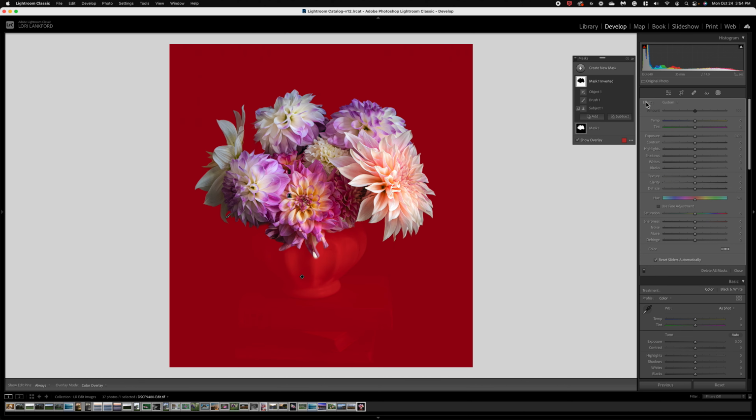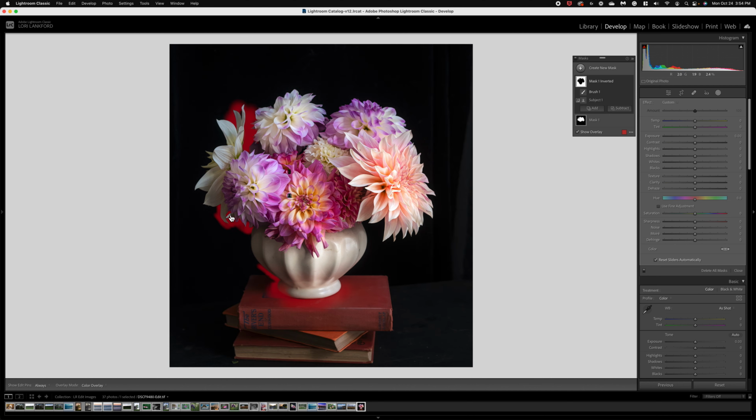So you'd have to decide what you were wanting to do. If you don't want to impact the vase, so this is our now inverted, we can remove these. So I can take this object and I can delete it. And that brings that back. And then if I wanted the books, I could, but I think I'm comfortable working with just this background. So now we have our mask one inverted and we have our brush one that we did originally. And that's for that area